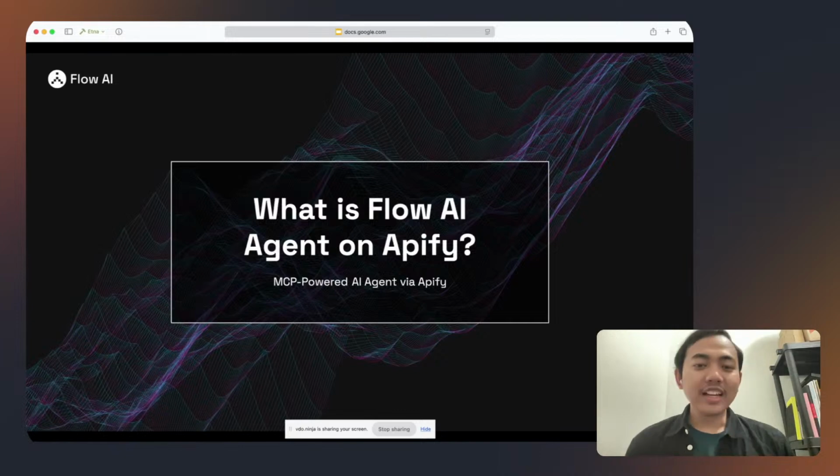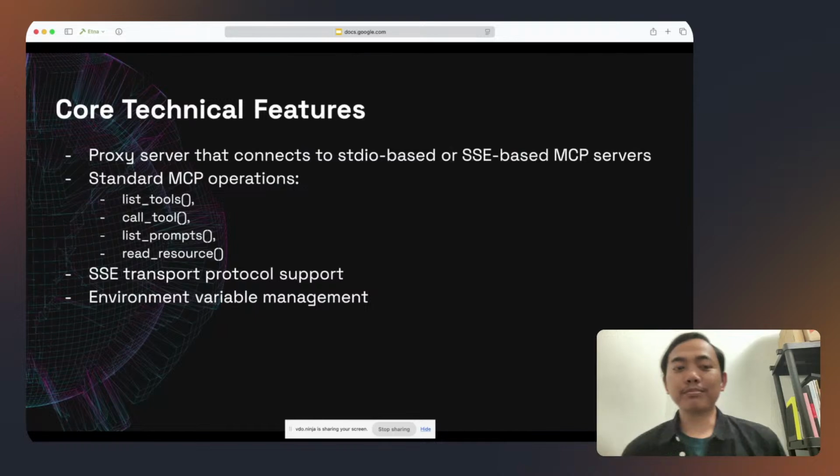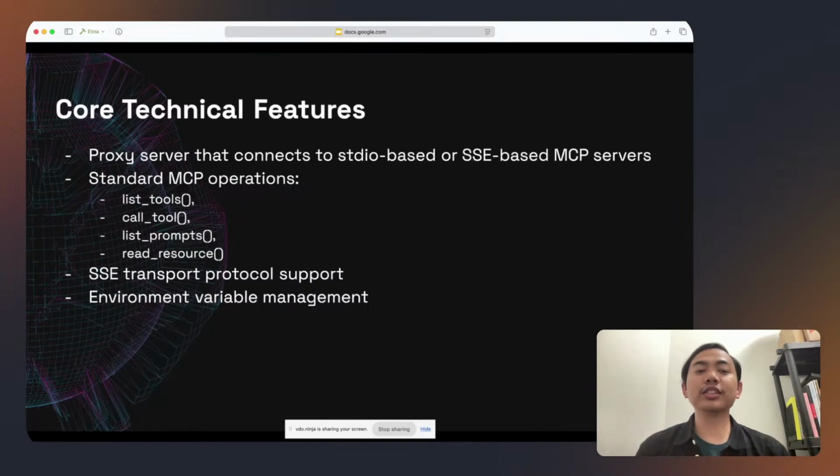So I will dive into some detail. Basically, it is just a proxy server that connects to our agent. So it's essentially agent-to-agent communication, in the sense that the agent of your host, which can be Claude Desktop or Cursor, is an agent that talks with our agent Flow AI.